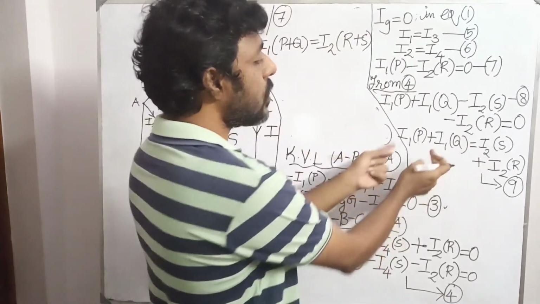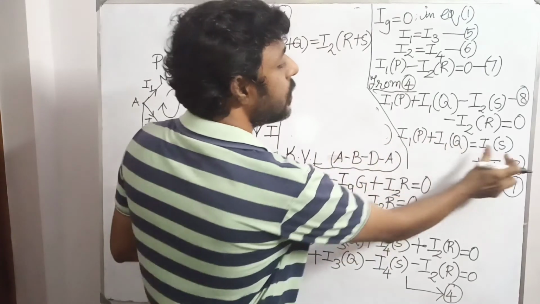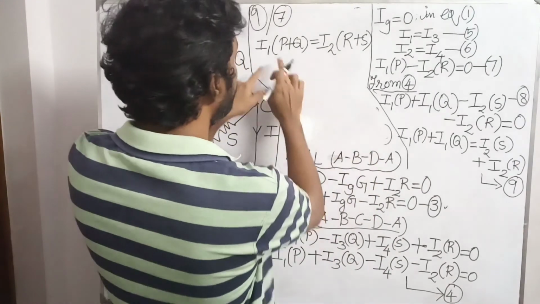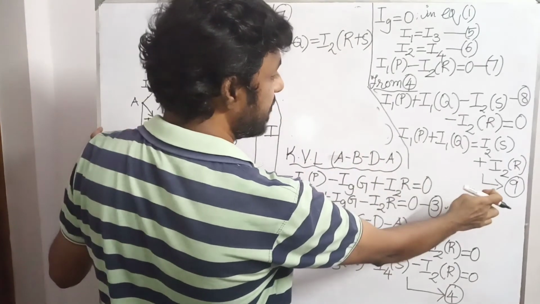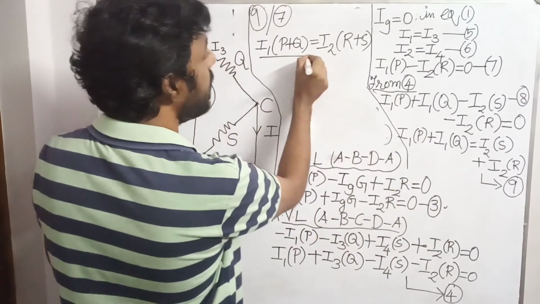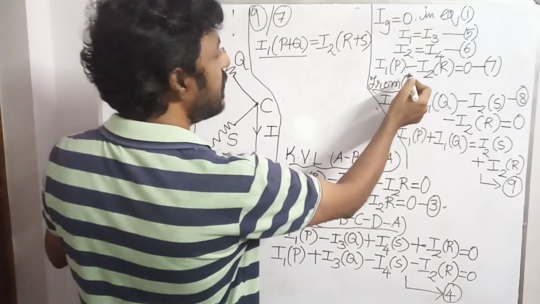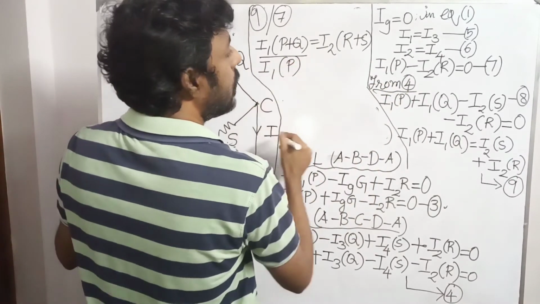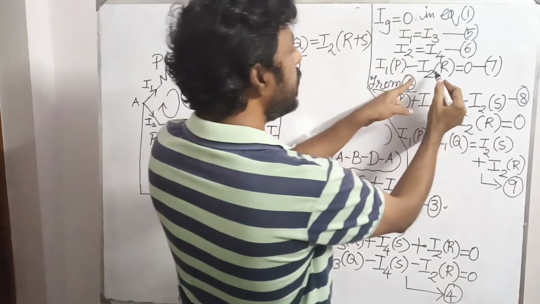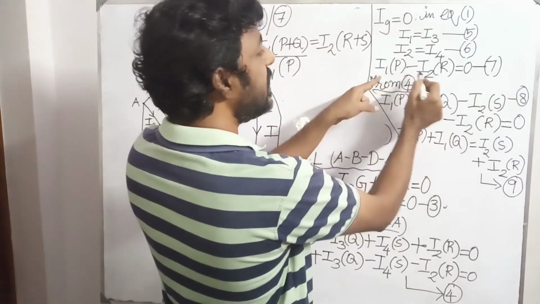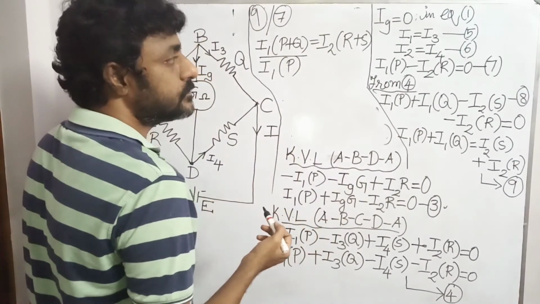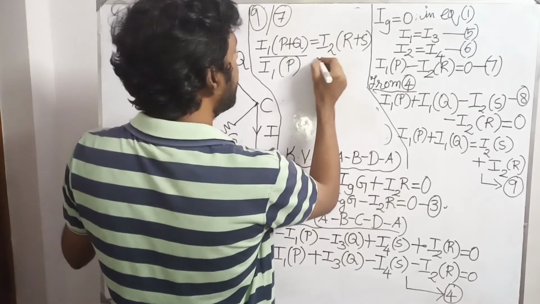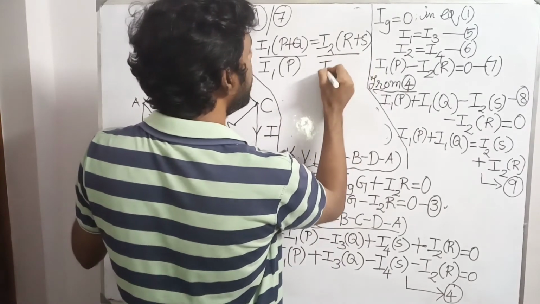I am removing the constant quantity outside and I am summing the values. Okay, this equation I am writing in a more simplified version. So I1 times P plus Q will be equal to I2 into R plus S. This will be divided by equation 7. So for 7, what I am going to put is I1 into P. Okay, I can take I2 into R to the other side, so it will be I1P is equal to I2 into R. Right, I1P is equal to I2 into R. So I am putting it as divided by I2 into R.